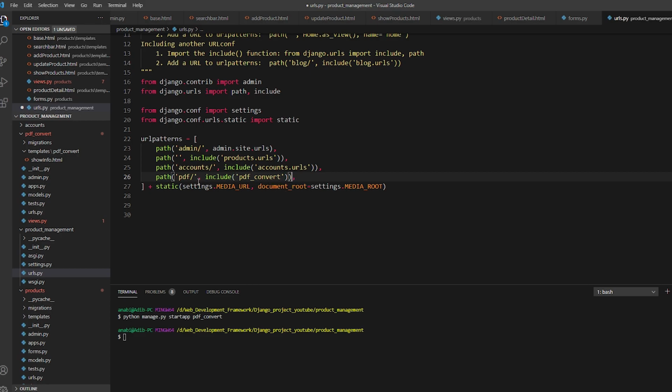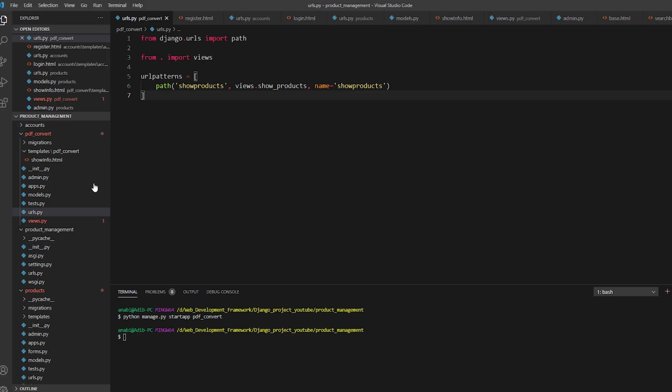This is our app name, and when we go to the PDF slash, it should be .urls. Okay, so this is our main app URL. We are connecting our root project URL and naming it, and taking the PDF convert as our app name. So app name as PDF convert. Okay, so we are connecting our root level urls.py file with our app level urls.py file, and it will go to the